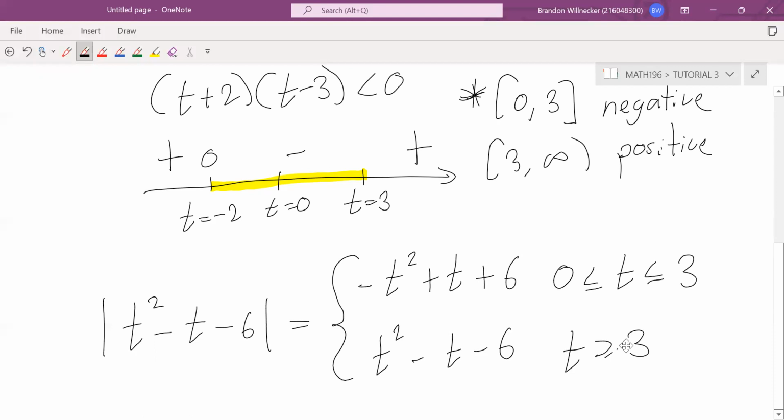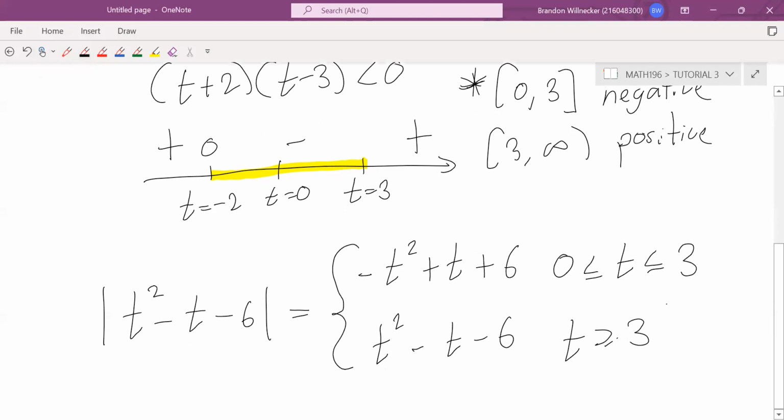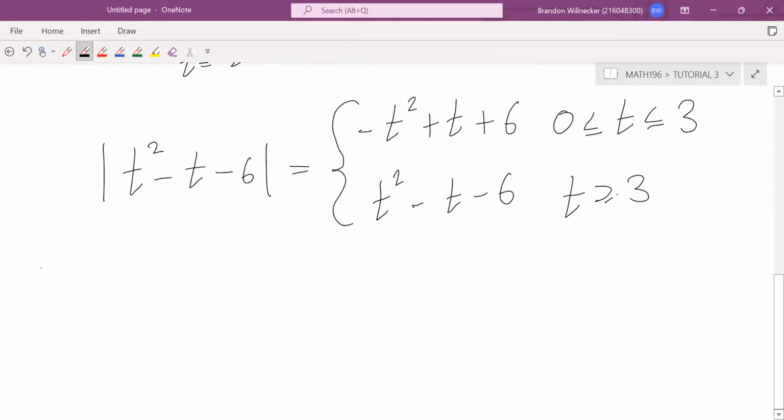Okay, so we've got the splitting of the function on 2 intervals. So if the function gets split on 2 intervals, then the integral needs to get split on the 2 intervals as well. So what do we have? We have that the integral from 1 to 4, absolute value t squared minus t minus 6 is equal to,